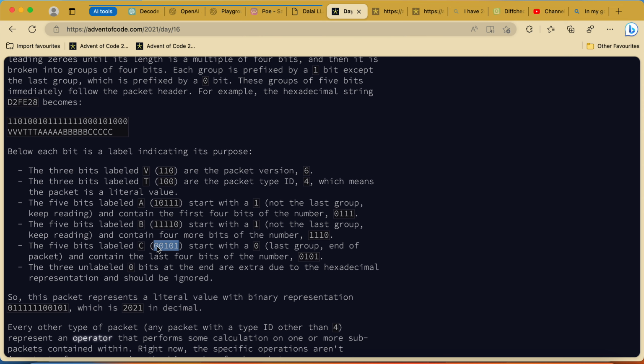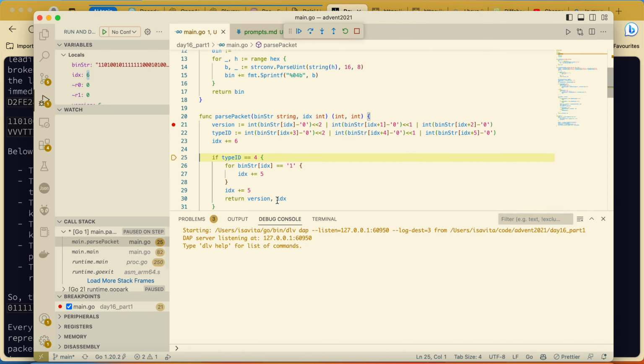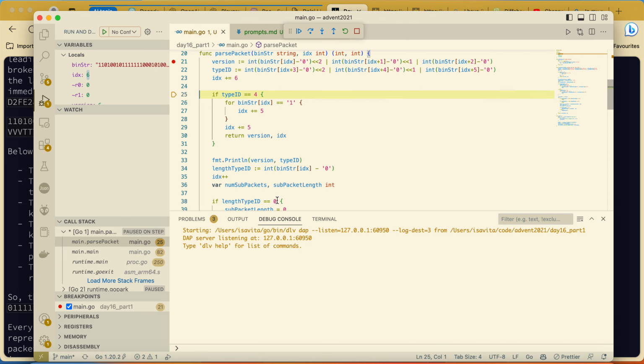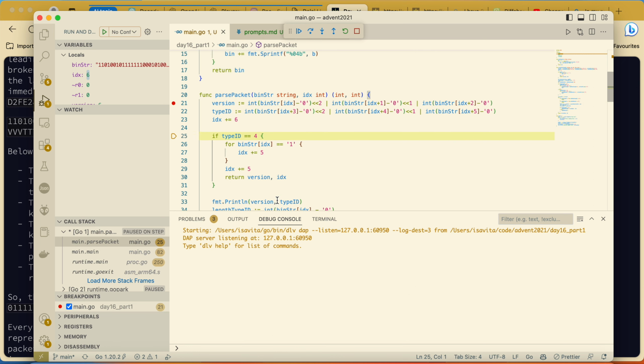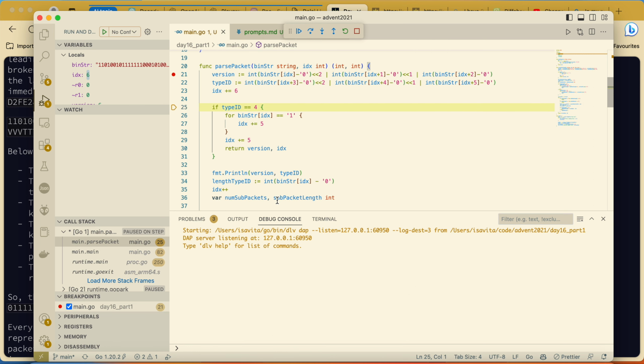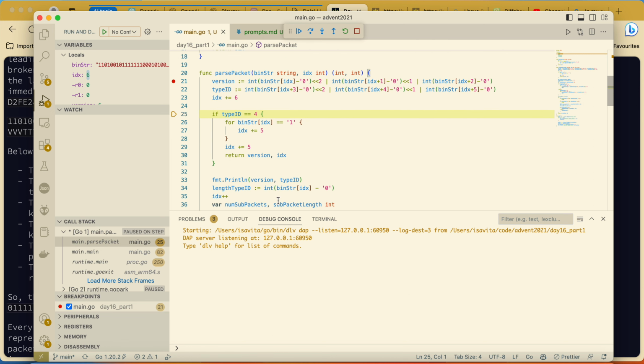Whenever I'm 0, I know that's the end. Okay, how do I check if that's the length? Actually, I'm not sure. Here I'm checking, okay, am I type 4?